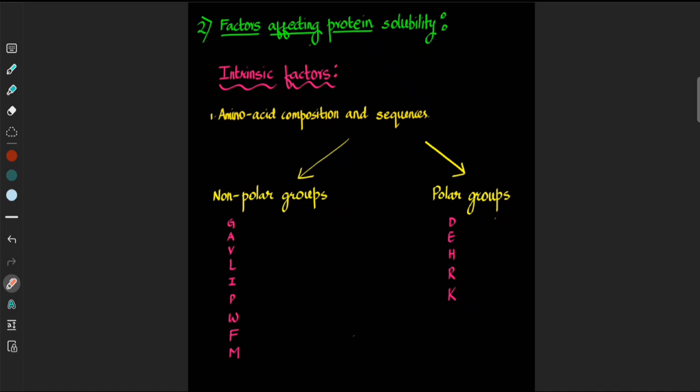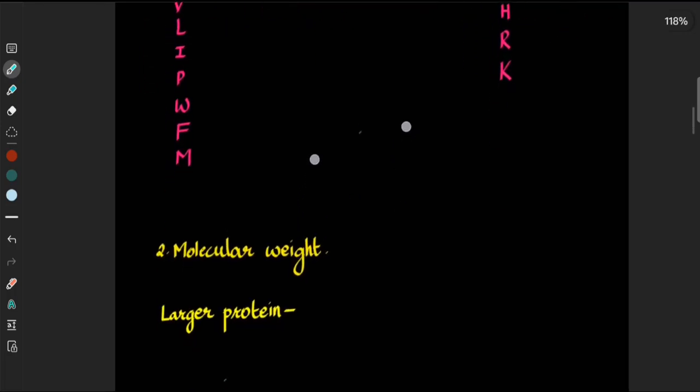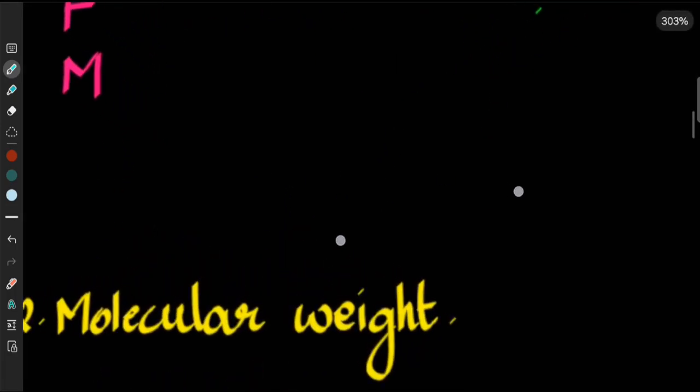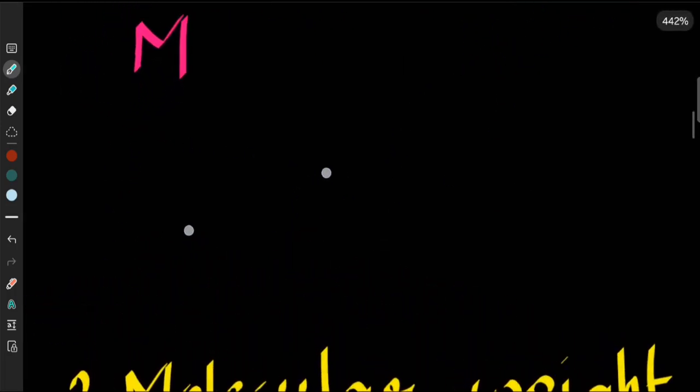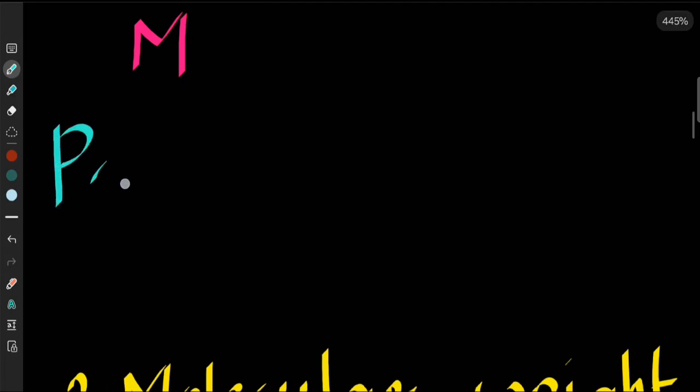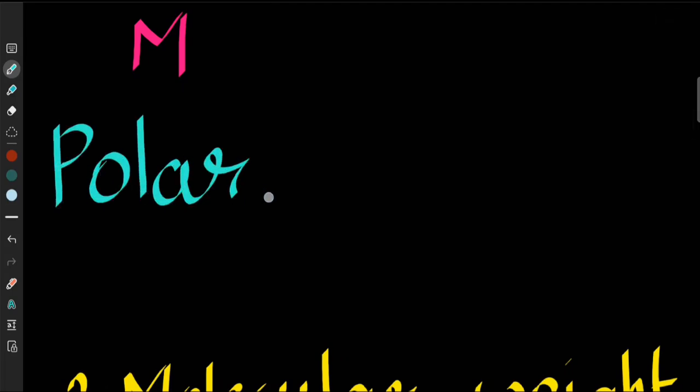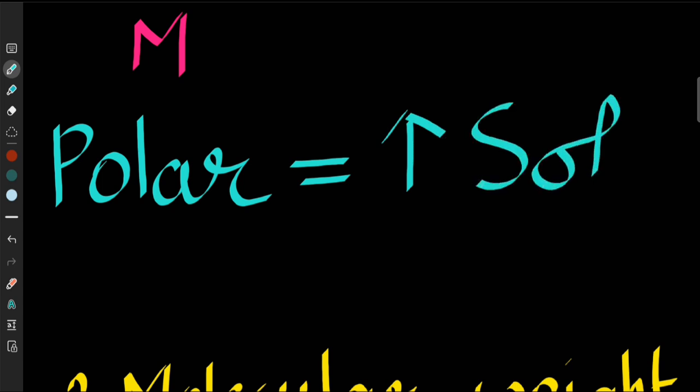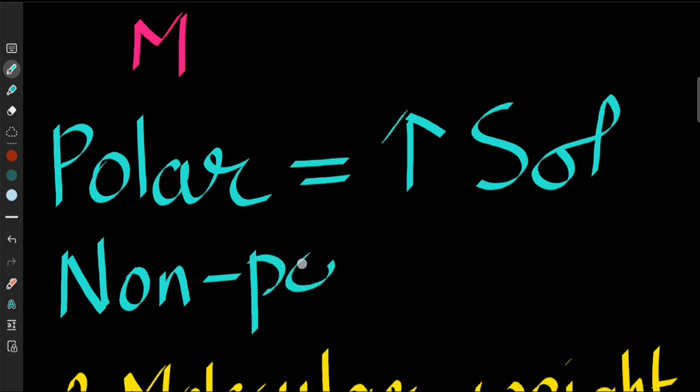That means the amino acid will not be able to properly solubilize with the solvent. So if I write it over here, in polar groups the solubility will increase, right? And in non-polar groups, the solubility is going to decrease,